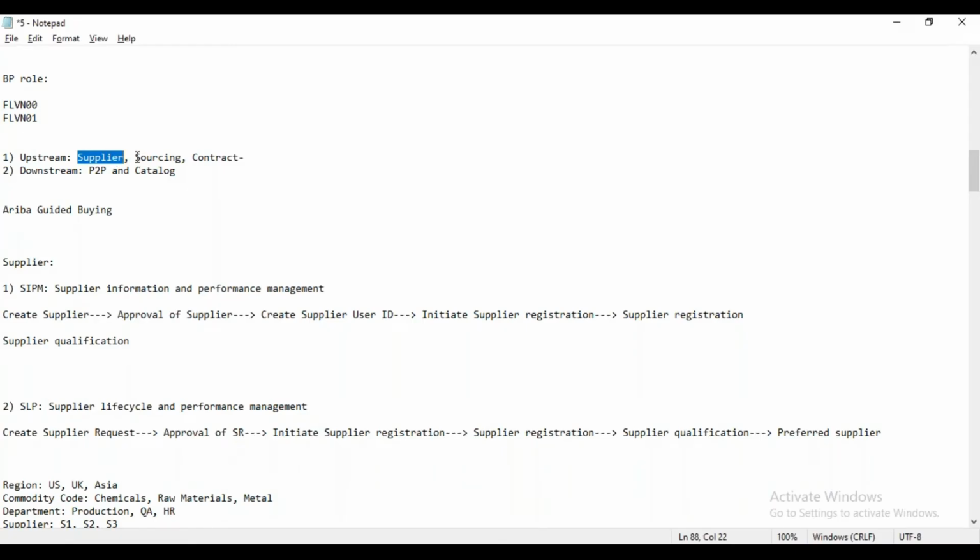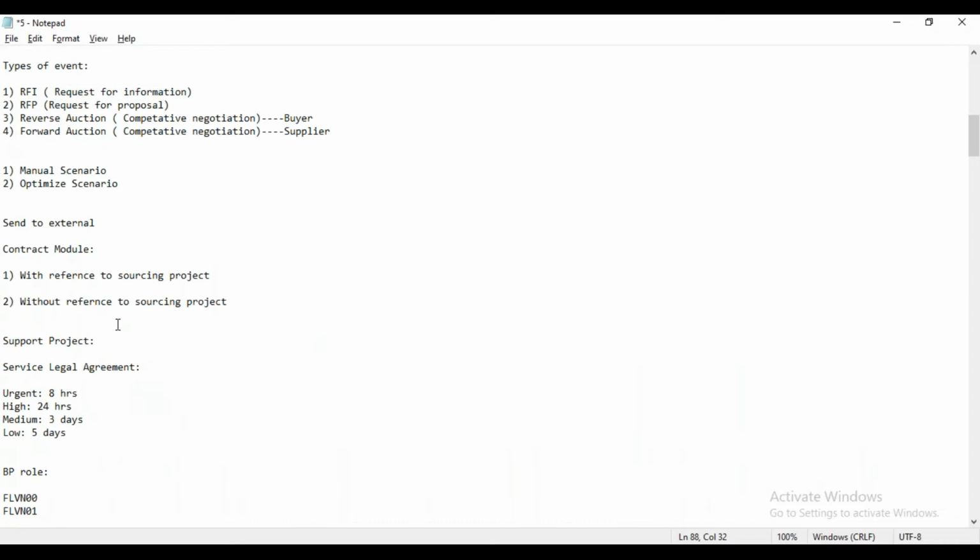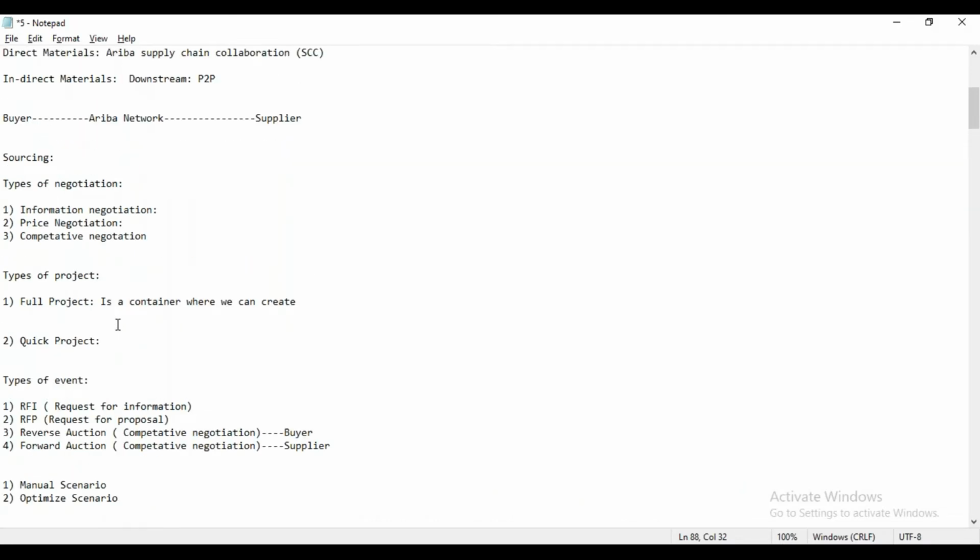Now we have to talk about the sourcing part, right? So now let's talk about the sourcing part first. What is basically the sourcing part? That's something we have to understand. To understand the sourcing part, the Ariba sourcing module is providing a digital platform to the customer